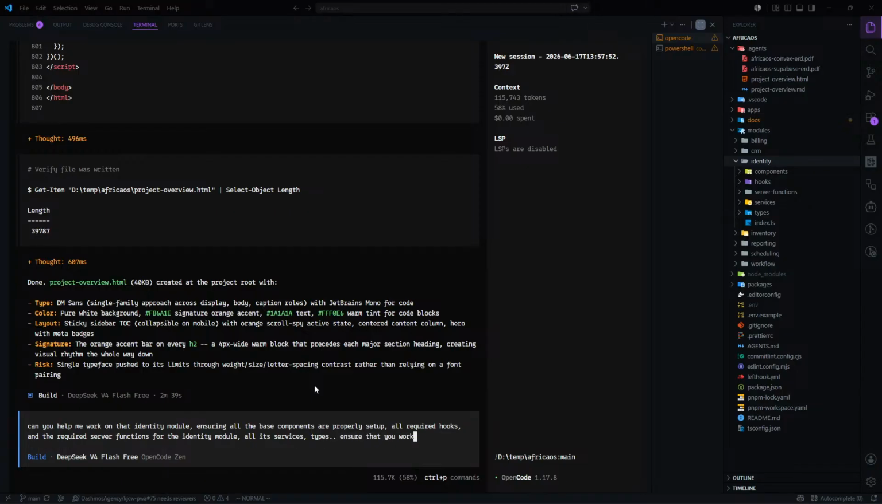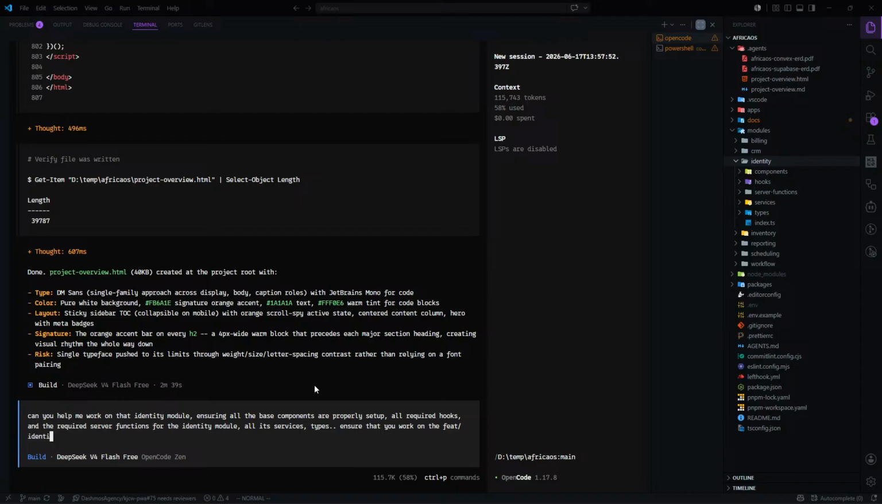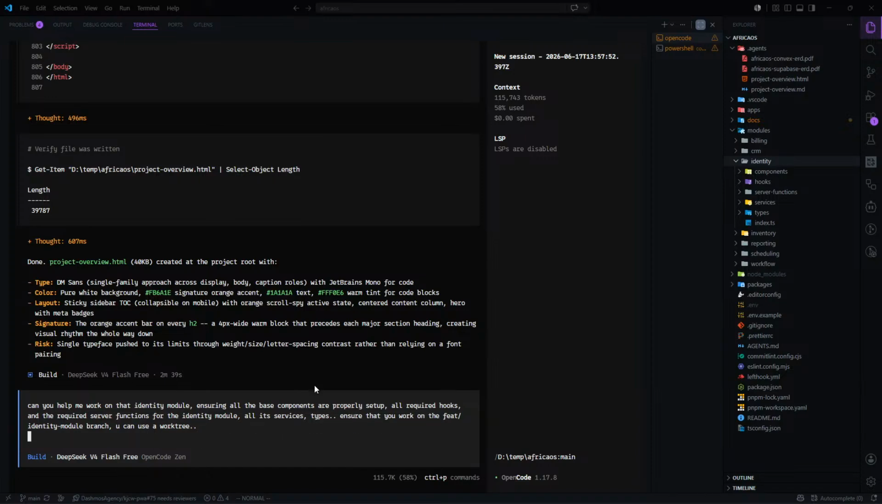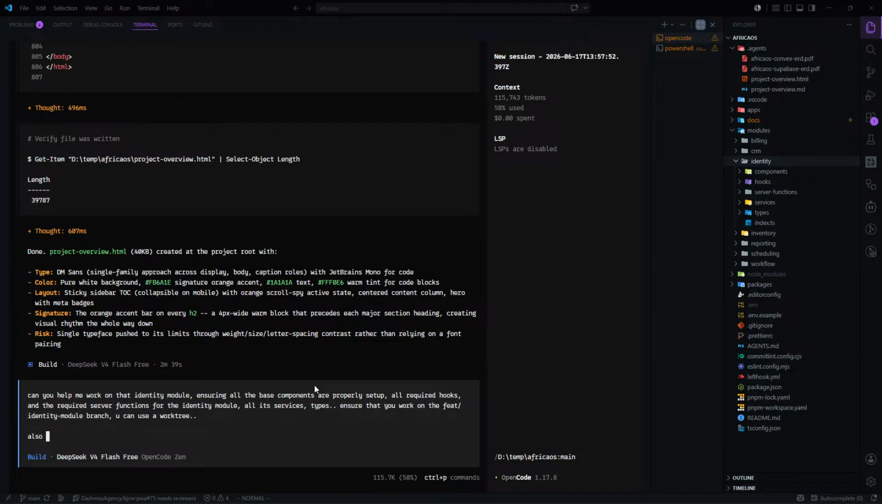Ensure that you work on the feed identity module branch. You can use a worksheet. Then after that, also help me set up different worksheets that will work on the rest of the modules,